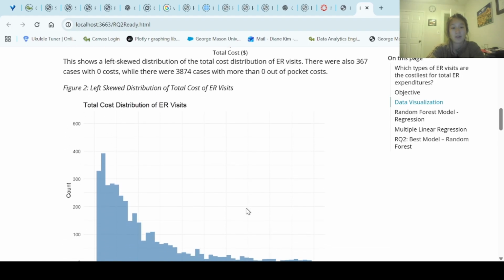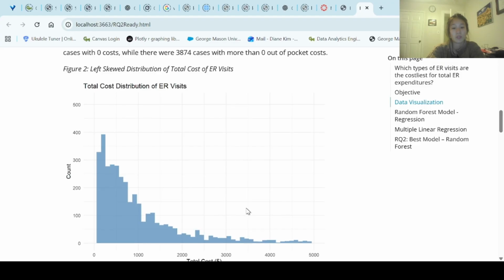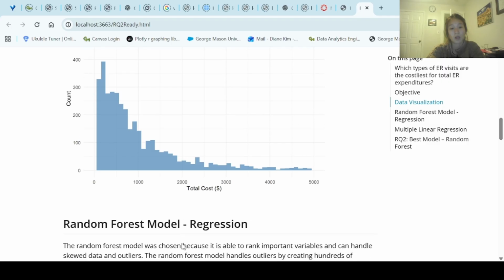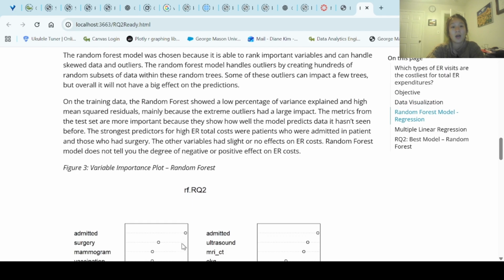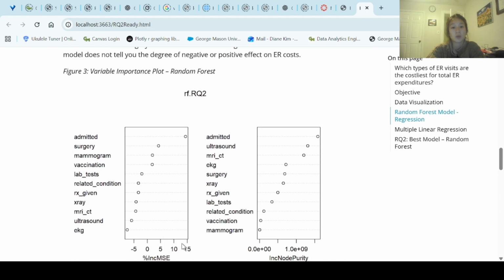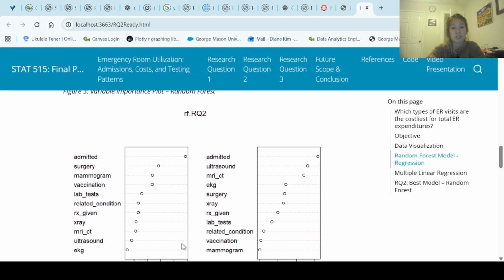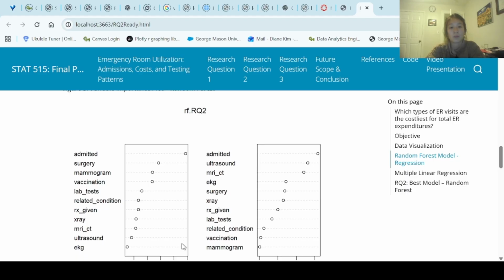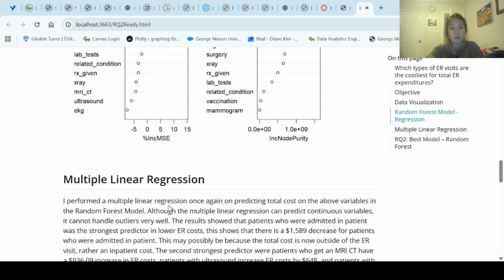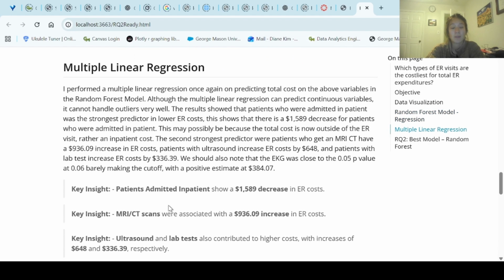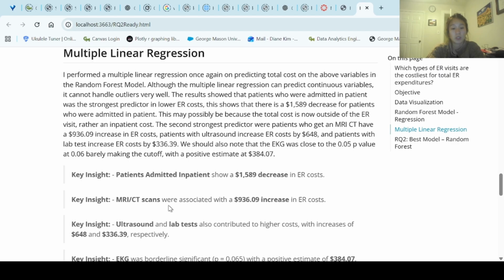Next, we can see a left skewed distribution of total ER costs. You can see the majority of visits were less than $2,000 in total cost. The first model I ran was a random forest regression. The results showed that admitted was also the strongest predictor for total cost. But here in the multiple linear regression, we can see that patients actually admitted inpatient show a decrease